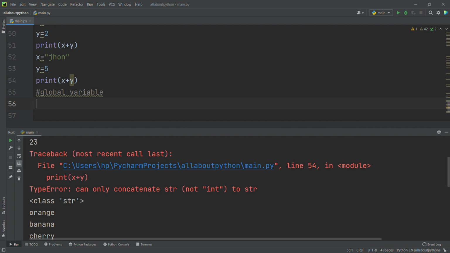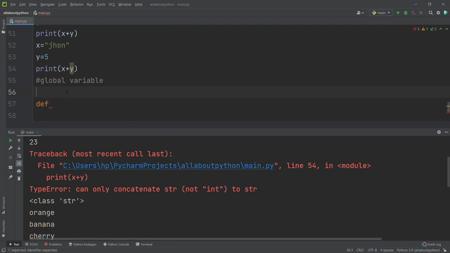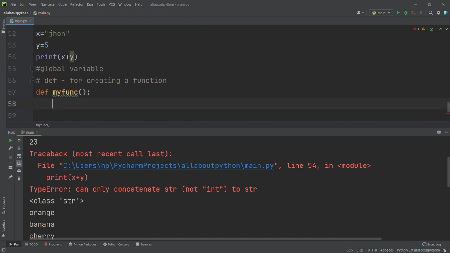First, I will create a function here. For creating a function we use the def keyword, right? So we use the def keyword for creating a function. By defining def, I will say my function, and I have to end with a colon.